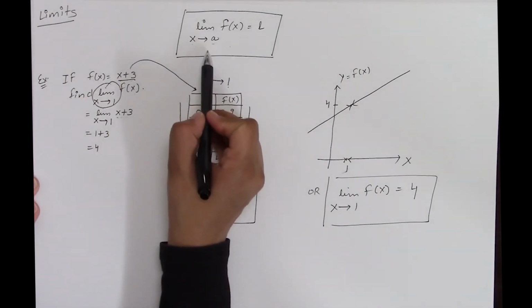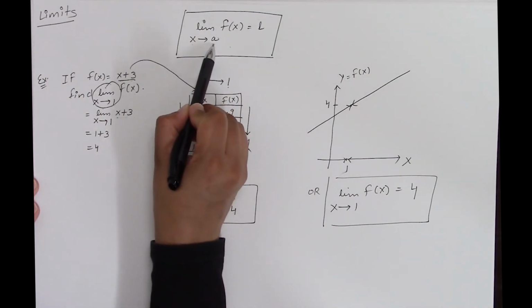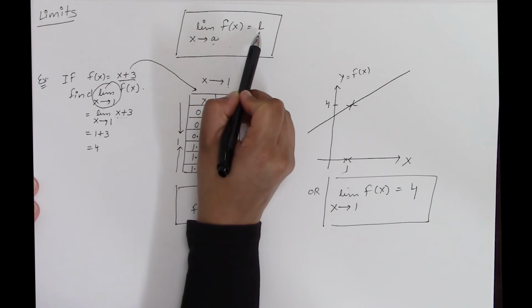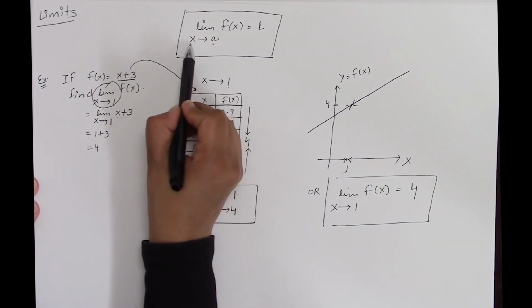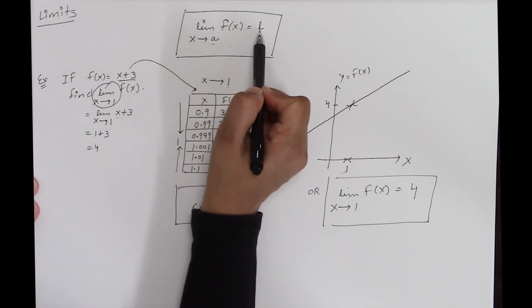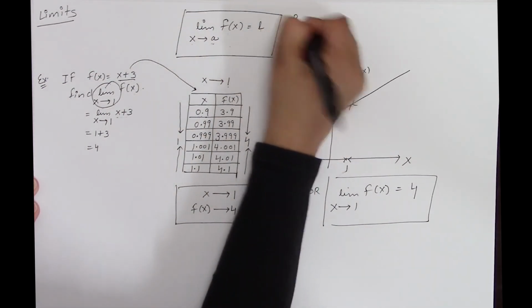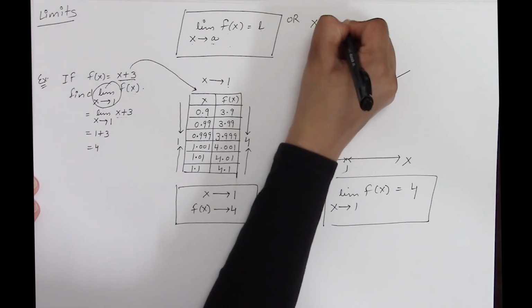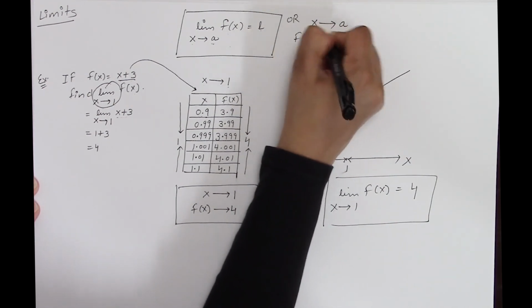And in general notation also, when x is approaching to a, f of x is approaching to L. That means when the values of x are very close to a, the values of f of x are very close to L. Or we can write it as when x is approaching to a, f of x is approaching to